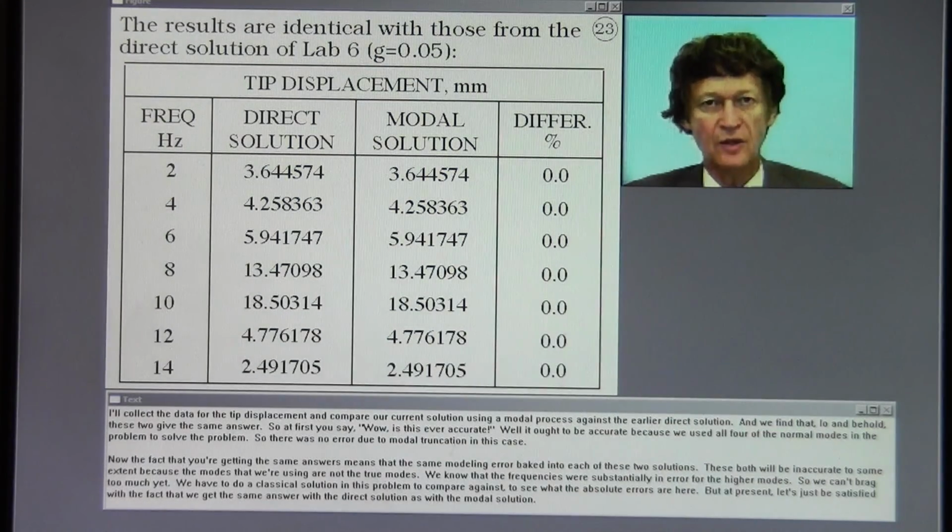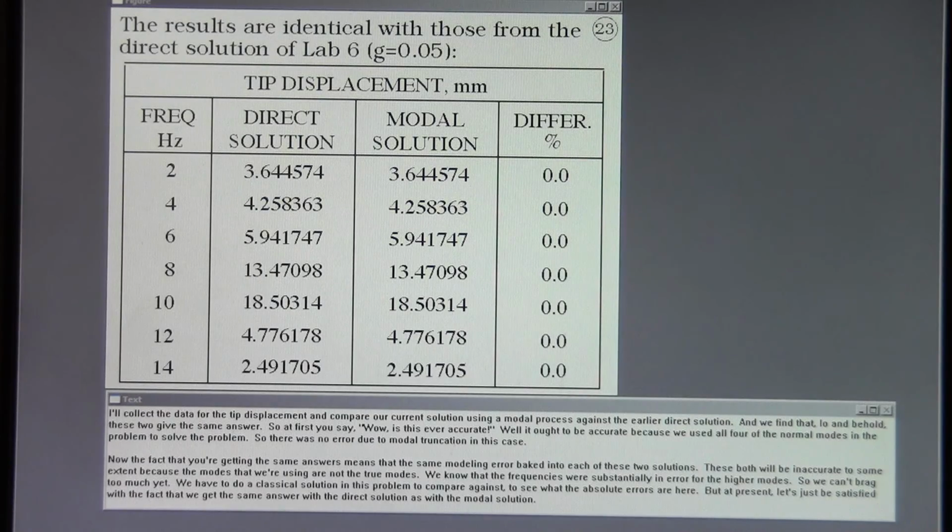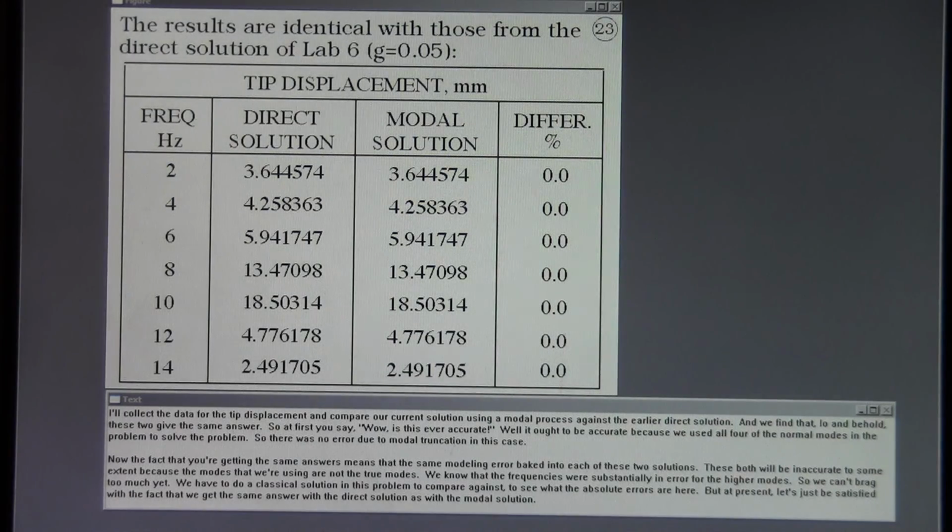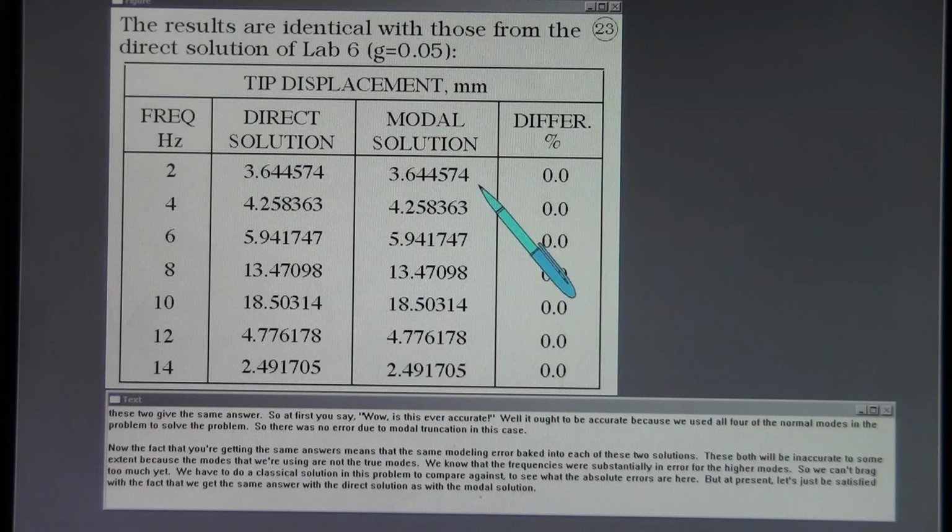I'll collect the data for the tip displacement and compare our current solution using a modal process against the earlier direct solution. And we find that, lo and behold, these two give the same answer. So at first you say, wow, is this ever accurate? Well, it ought to be accurate because we used all 4 of the normal modes in the problem to solve the problem. So there was no error due to modal truncation in this case. Now, the fact that you're getting the same answers means that you have the same modeling error baked into each of these 2 solutions. These both will be inaccurate to